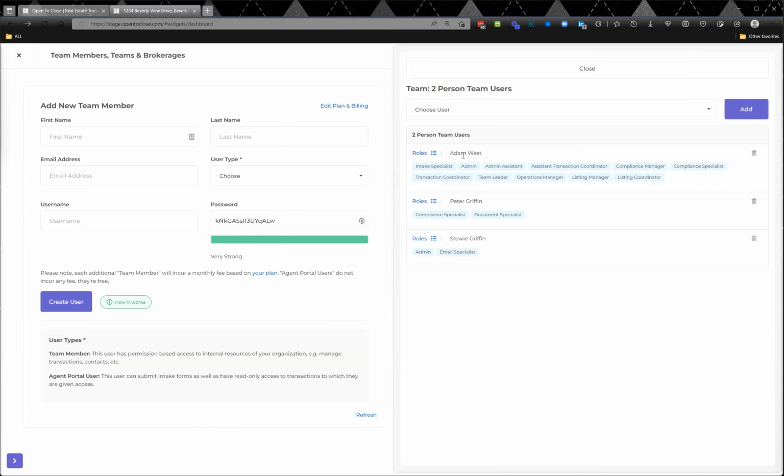Maybe you just have someone going to take over this job except for one task. Now it's really easy to come into Adam and uncheck these boxes or these roles and assign these roles to someone else. So that's why teams are so important. They're so flexible and they're so scalable. It's better than any system I've ever seen. I've worked with Salesforce and a lot of different systems, and it's a lot easier to reassign these tasks in a